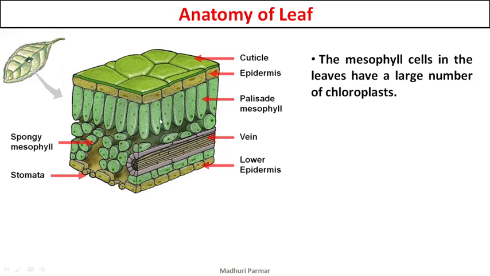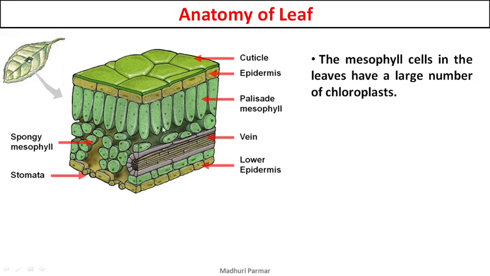These column-like cells are called palisade mesophyll. In general, these mesophyll cells are the cells which have a lot of chloroplast, and they perform the task of photosynthesis. So on the topmost layer, you have palisade mesophyll cells, which are column-like, followed by